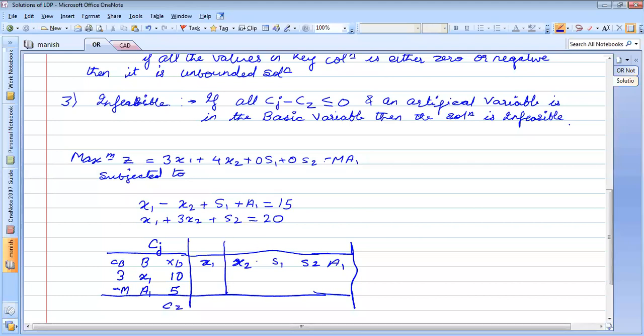I'm just using an example. I'm not going to write any more values here. Let us just simply write that 3, 0, 0, minus m. And you have m here, you have 0 here, you have 0 here, you have 4 here, or 5 here, and 3 here.